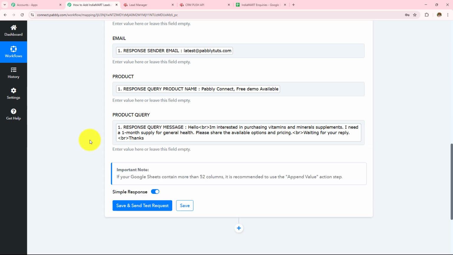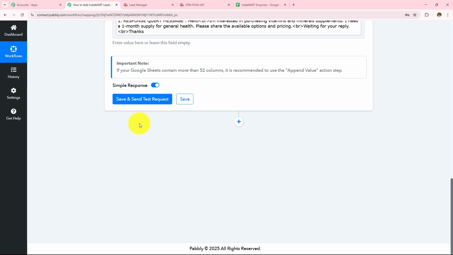mineral supplements. Now over here, mapping is important so that every time you receive a new response, it is taken into consideration in these fields. Manually entering the data will make these fields static, and the information will not change even if you have received the new response. Over here, if I manually enter any detail, this field will become static, and every time I receive a new response, the result will not change. So as to keep these fields dynamic, we use this process mapping instead of manually entering the details.